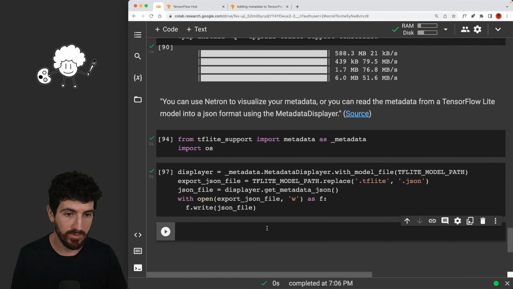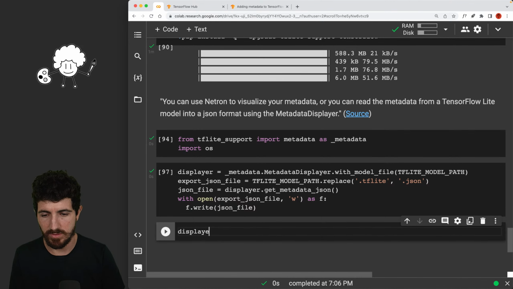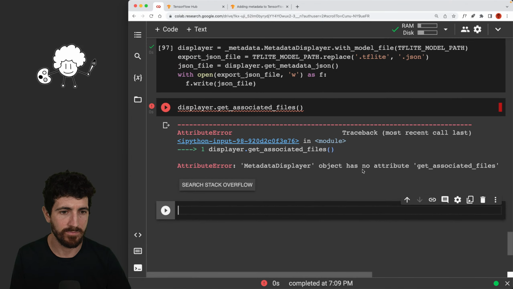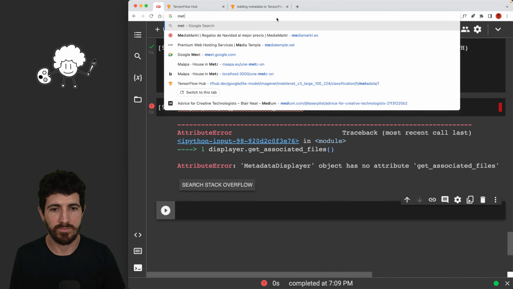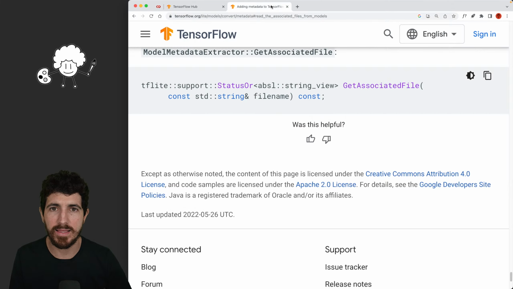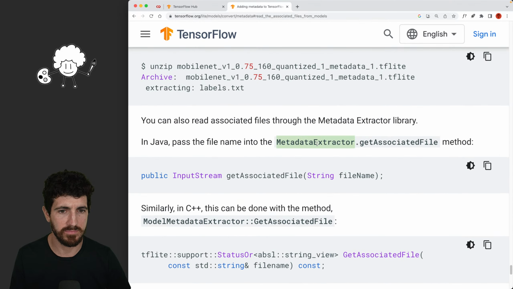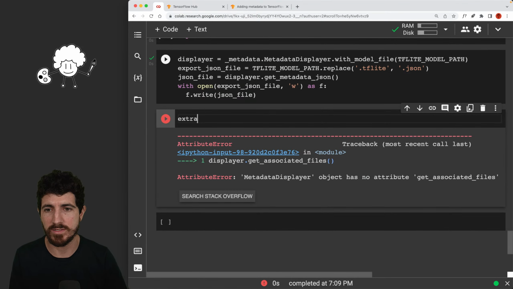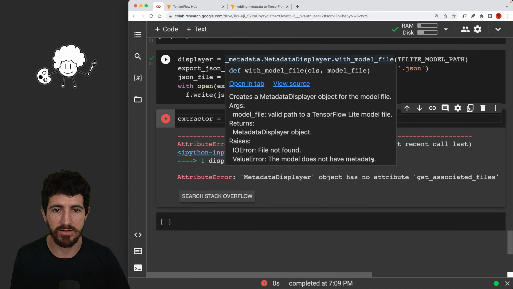So here we have this player. So let's see. Wait, so the class that it's mentioning is metadata extractor. So let's see if we can do extractor equals metadata